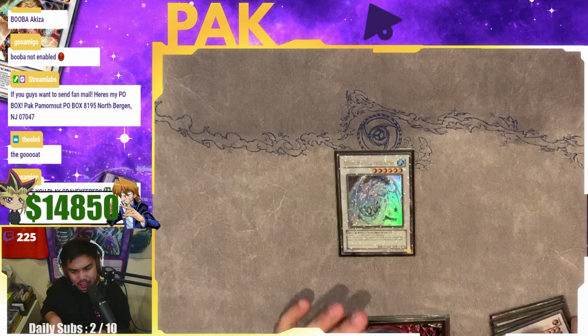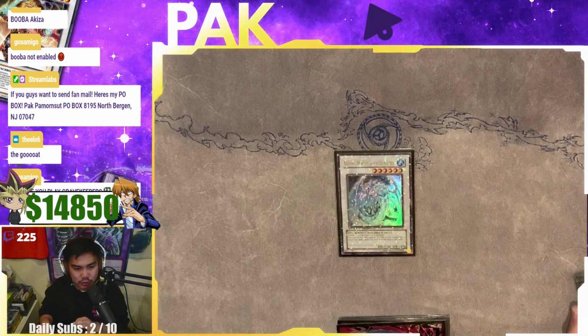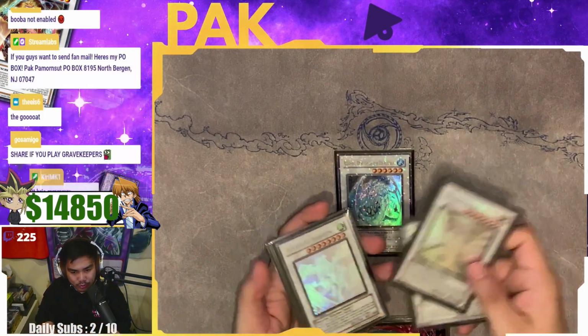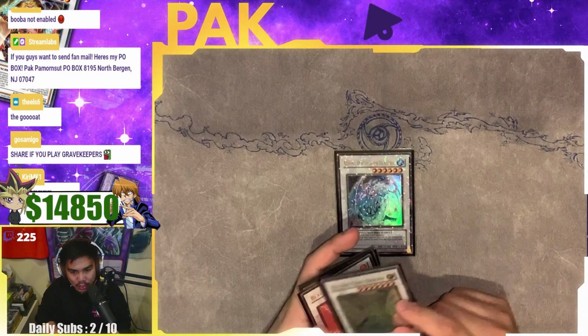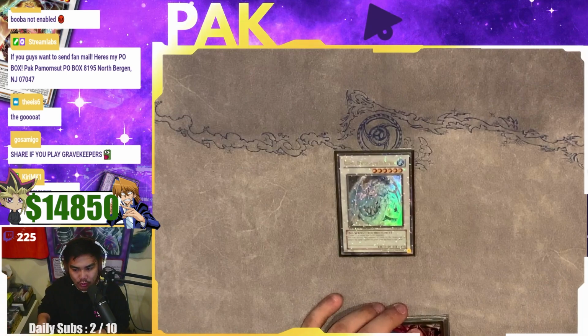Or actually it was not. I believe before the errata, this card was non-targeting. But the thing that made this card very strong was that it was non-destruction removal, so it can answer your opponent's Stardust Dragon, right? Be able to bounce the Stardust Dragon back into the extra deck. It can bounce the back row